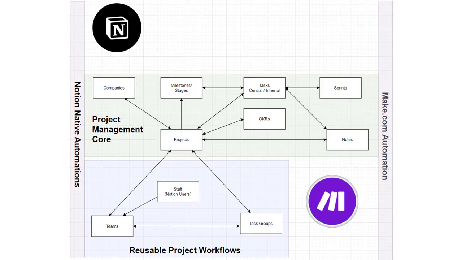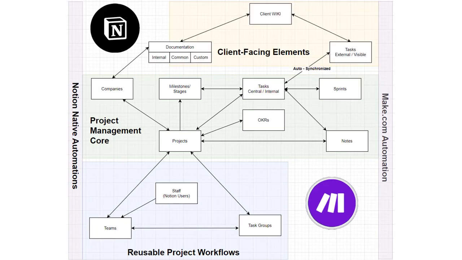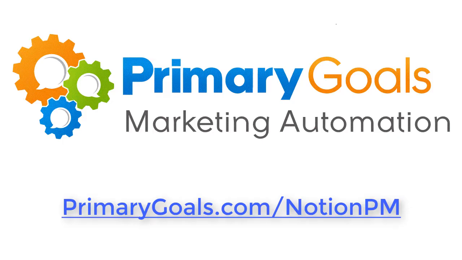In addition to the core elements of project management, the framework also lets you pull in recurring tasks as groups into your projects as part of reusable project workflows, as well as data replication services so that you can overcome the limitations of Notion's permission structure and share data with clients without compromising your central task data. You can see more details about the project management framework for Notion